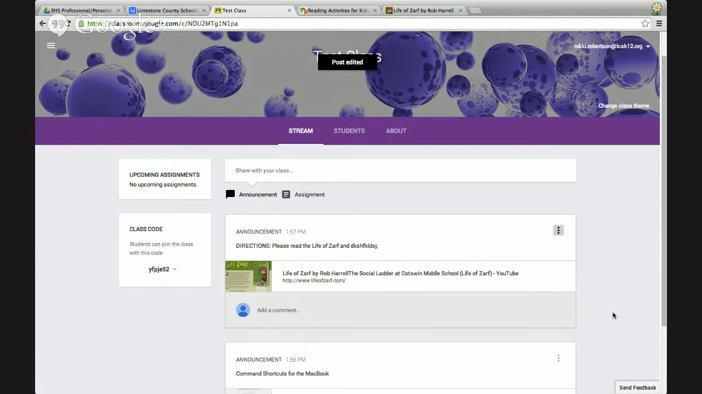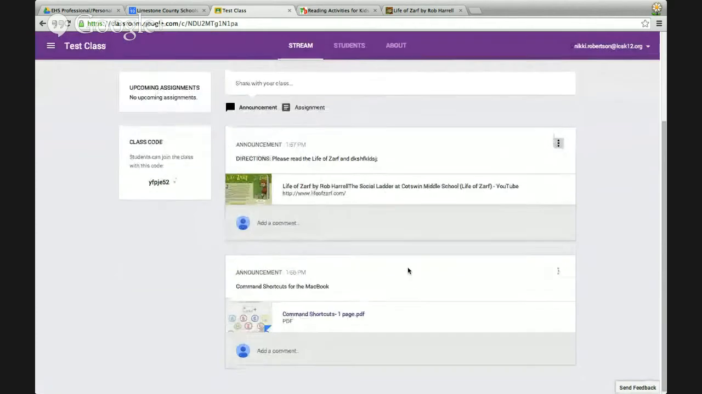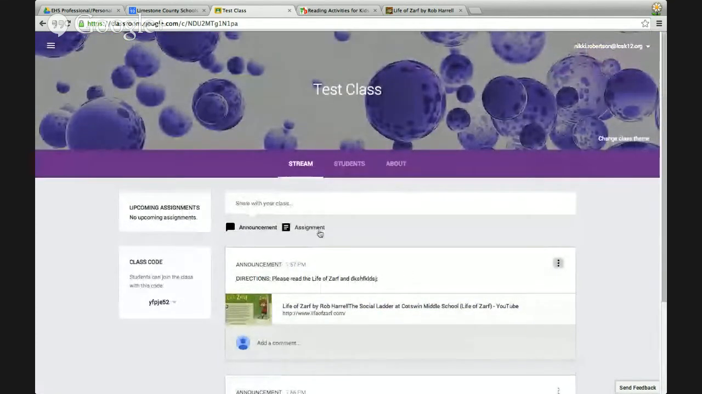Now it's right there for your students to be able to access. All they have to do when they come in is just click right there to get to that assignment. That announcement. Again, that's just an announcement. They won't turn it in. It can't be graded. Okay? Now,